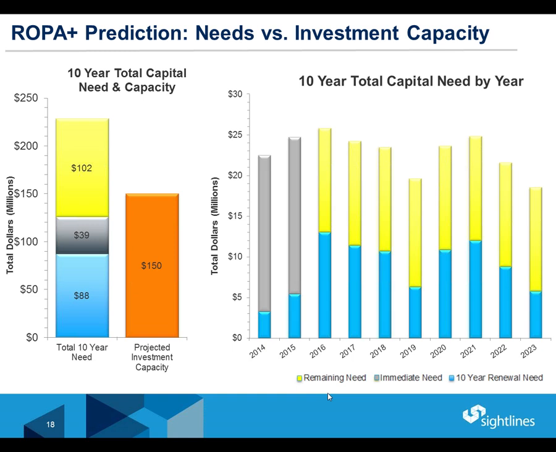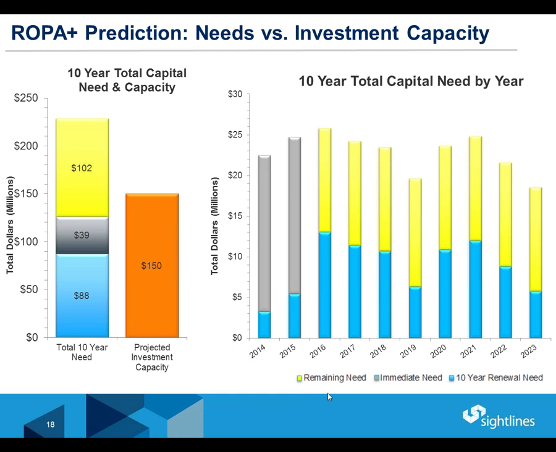We would present this at a campus view, or if you just had the E&G side versus housing, we would break it out at that level. We wouldn't break out that prediction at a building level view, whereas in IFP, you would break it out at a building level view. You would also have a project scoring associated with that, building portfolios and a capital plan associated with that, whereas with the ROPA Plus prediction, it's a campus total need over the next 10 years, by risk, and the sequencing of that. So there is a difference in terms of the detail between the two services.